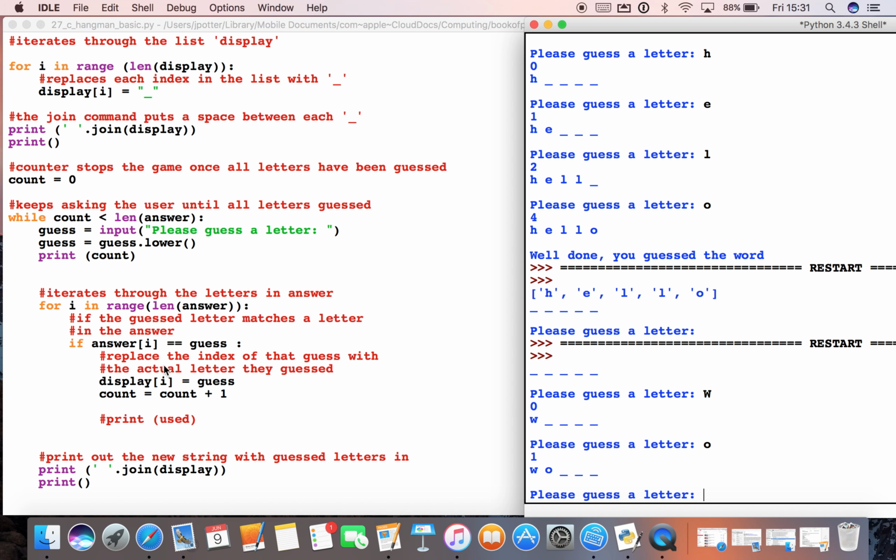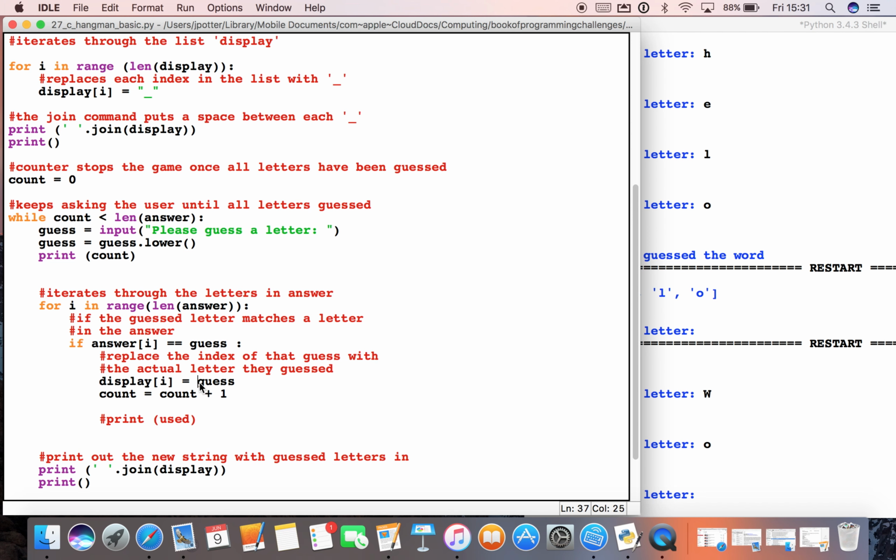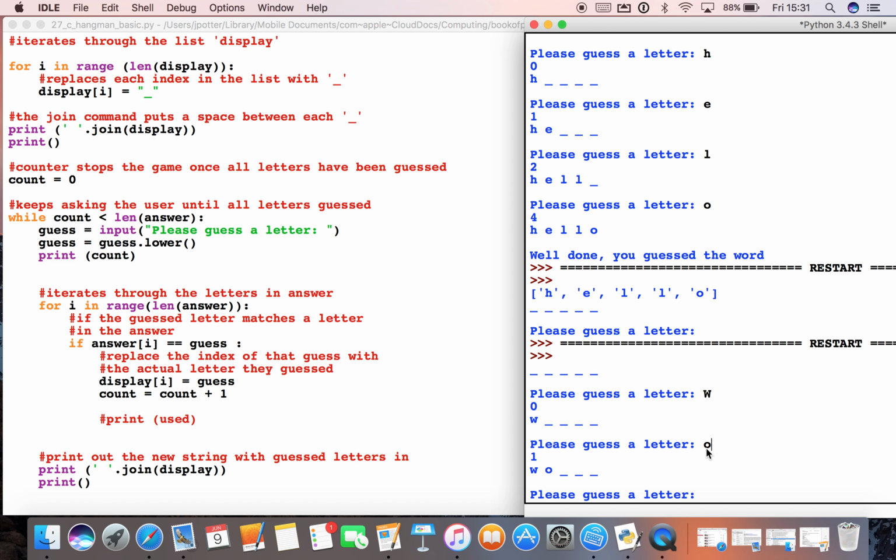There it is. What it will do is run this bit. It will say display i equals guess. So what that essentially means is instead of the underscore, it will replace the underscore with whatever we guessed. So we guessed O. It knows O is at position 1 in our list, so 0, 1. So it replaces the underscore with O.